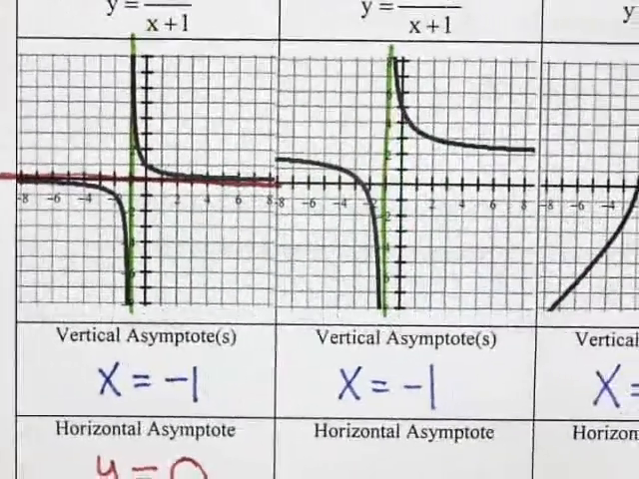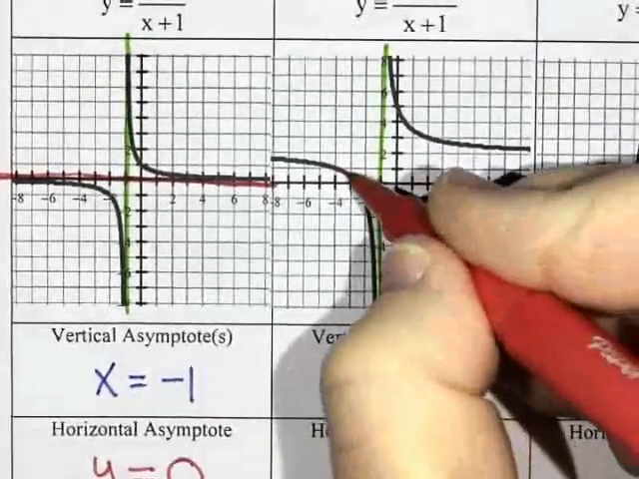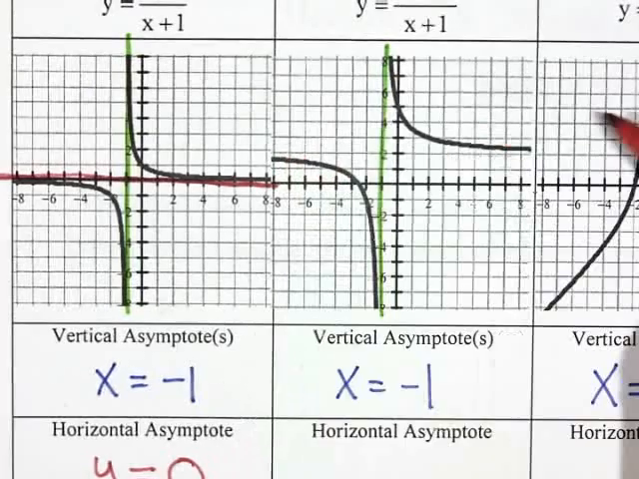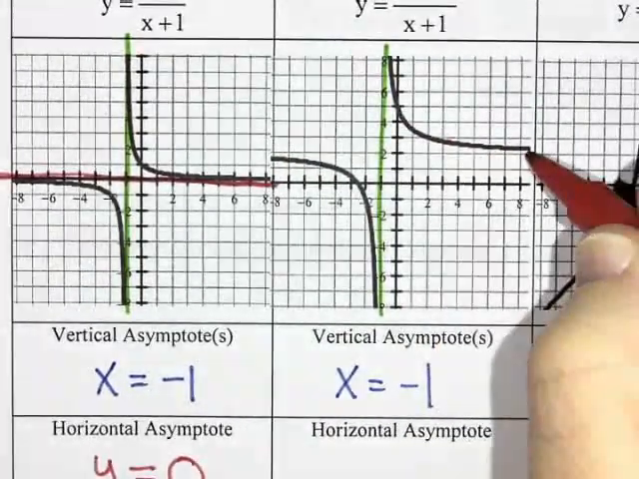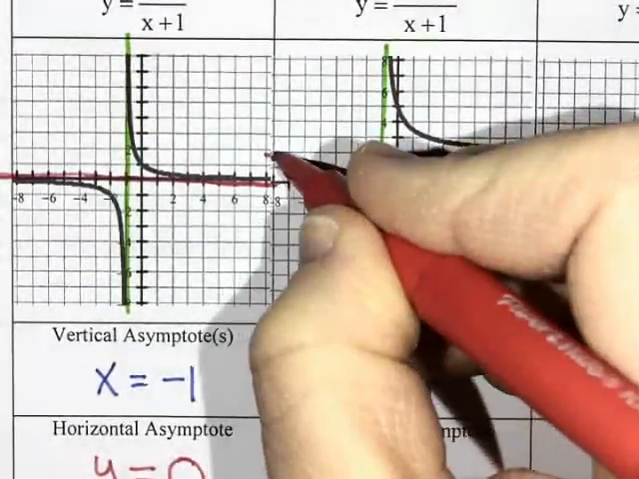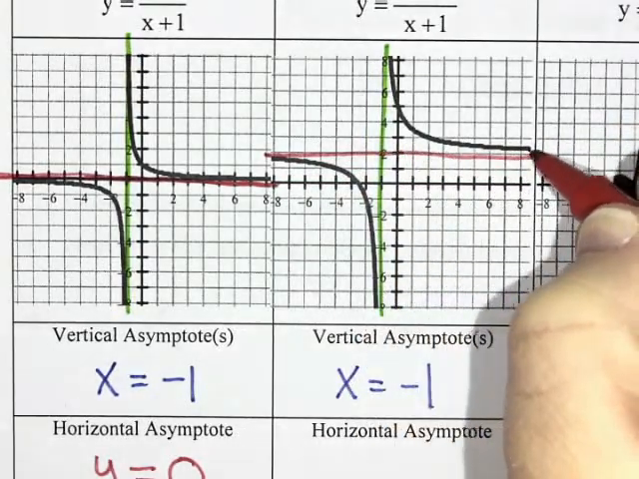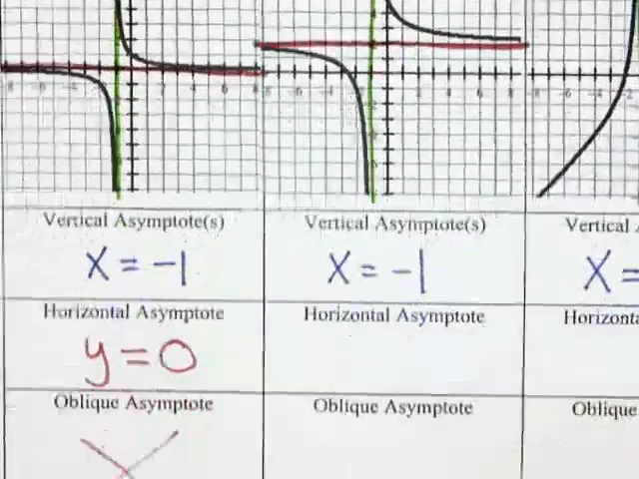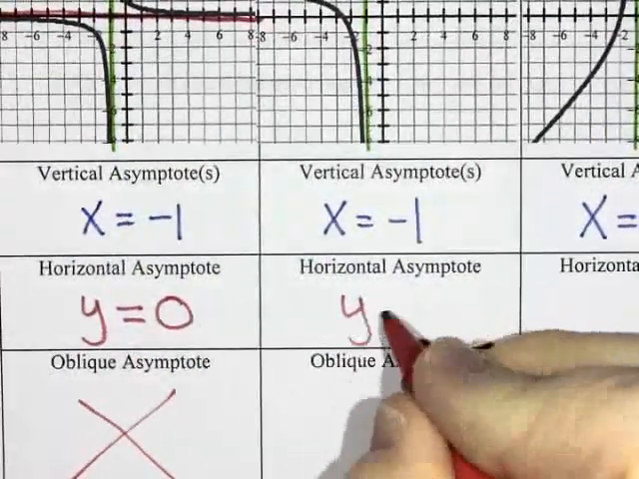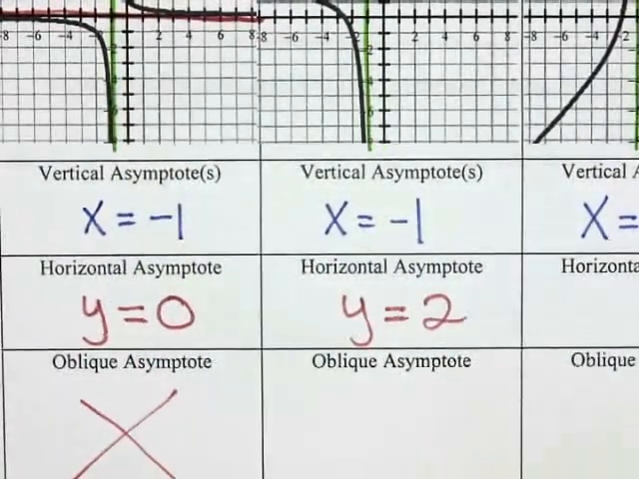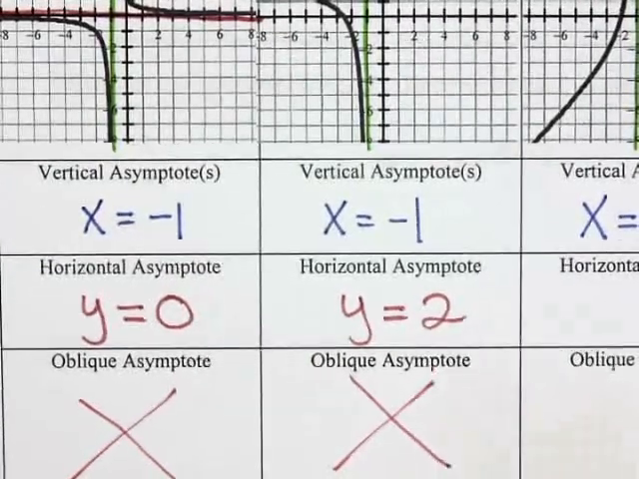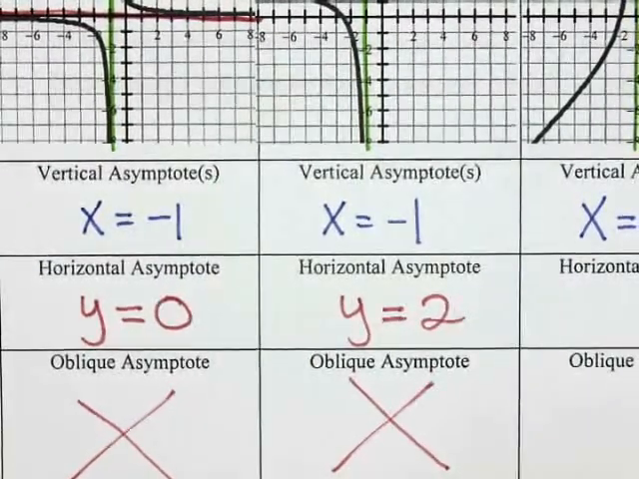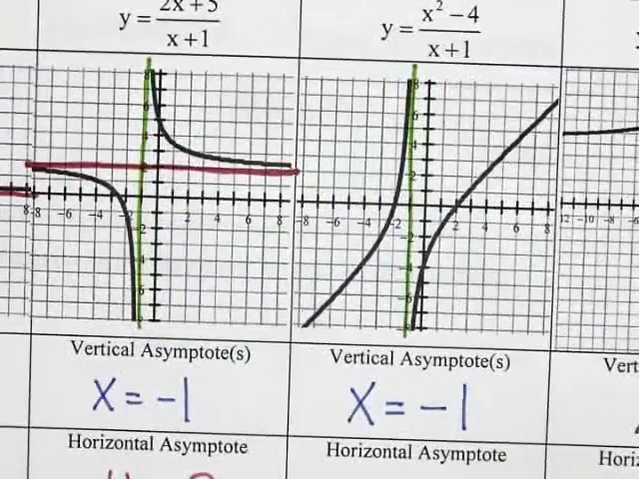If I look at the next one, I look at this end. This end is leveling off at 2. This end is leveling off at a y value of 2. So I think there is a horizontal asymptote at y equals 2. If there's a horizontal asymptote, that means there is no oblique asymptote. If I look at the next one,